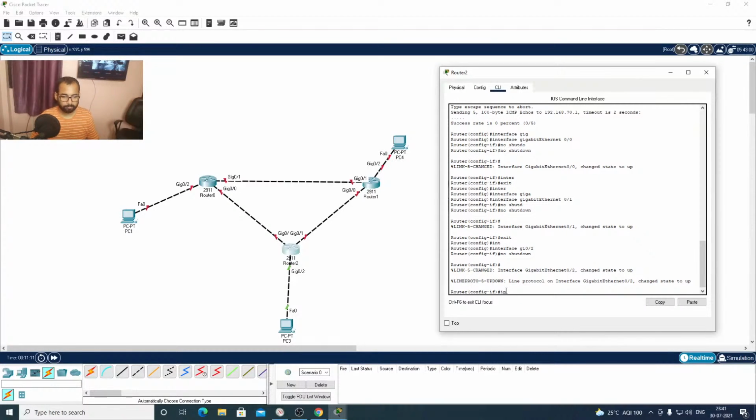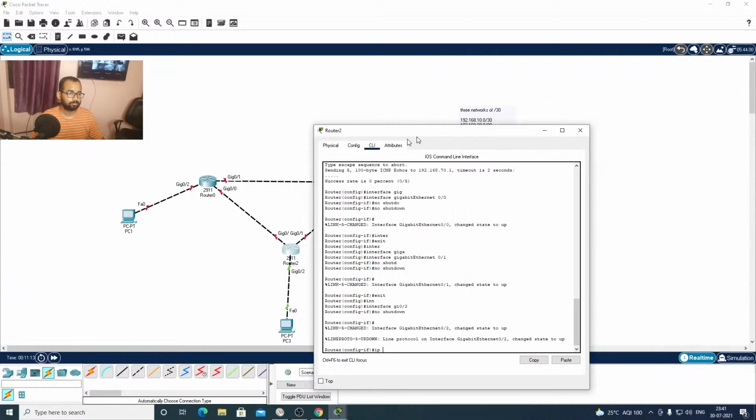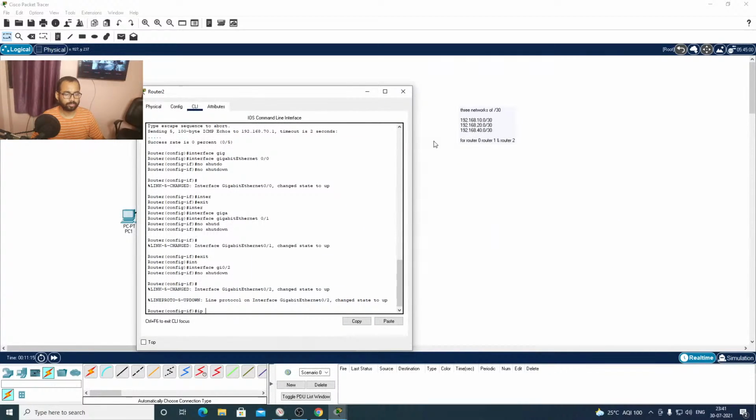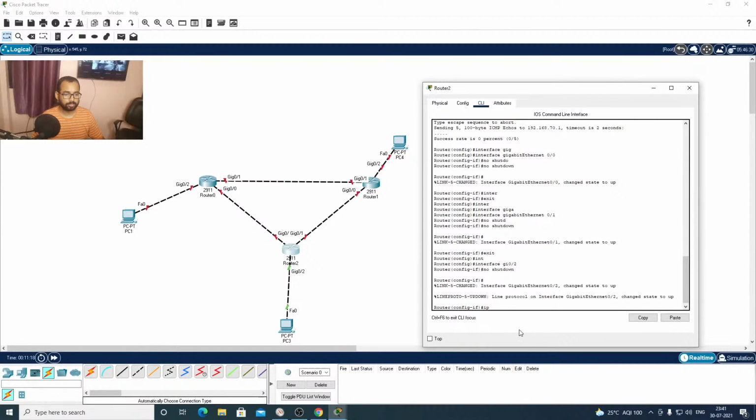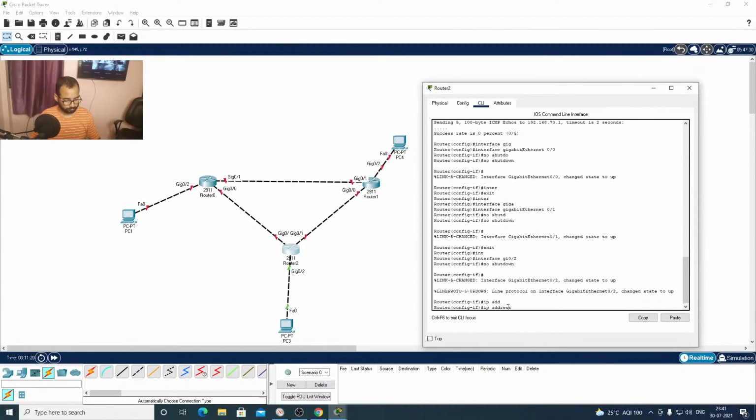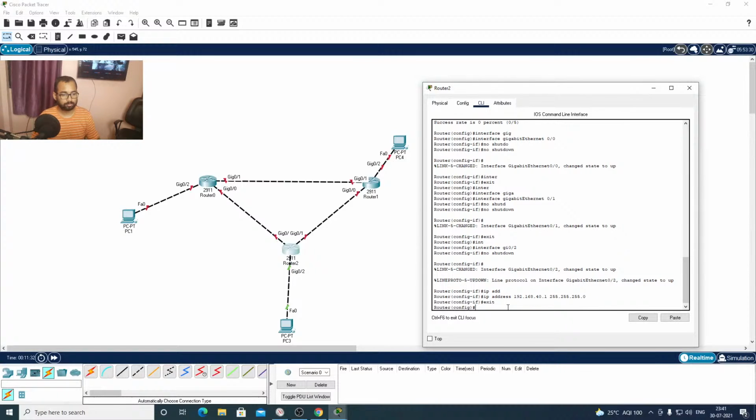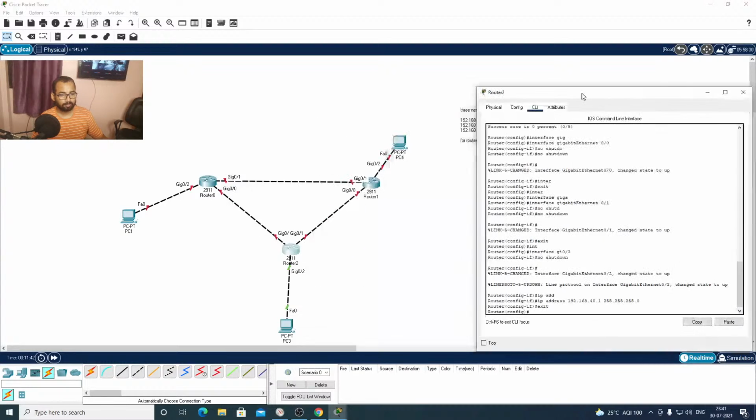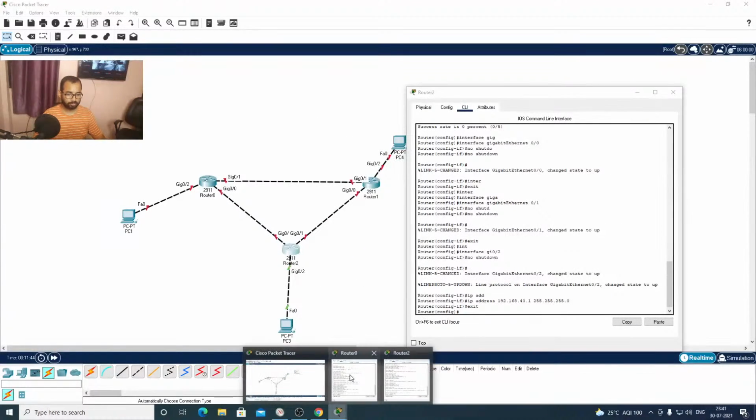We'll also assign the IP for gig interface 2. We'll assign the 40.0 network for this interface. As you can see, we have done the configuration here. We'll move on to router 1 to enable the interfaces as we have done in gig 1.